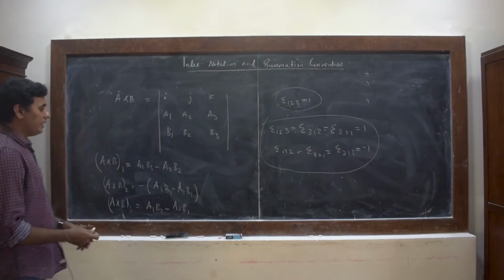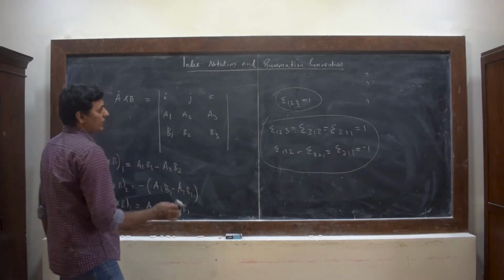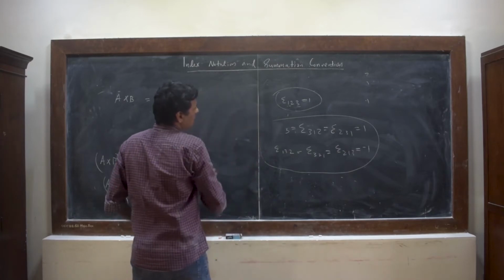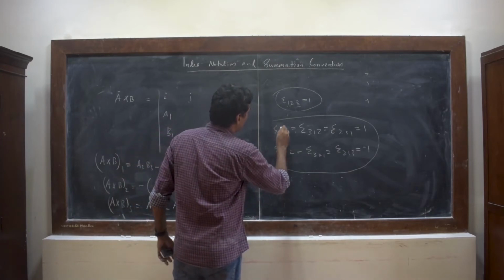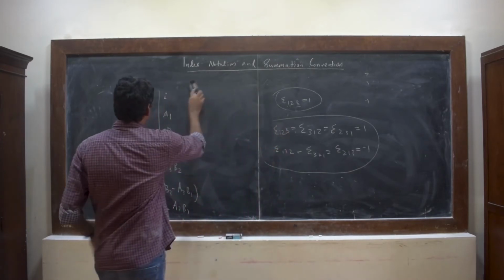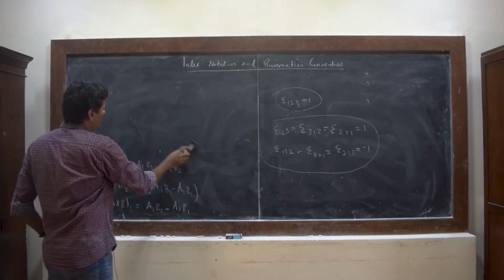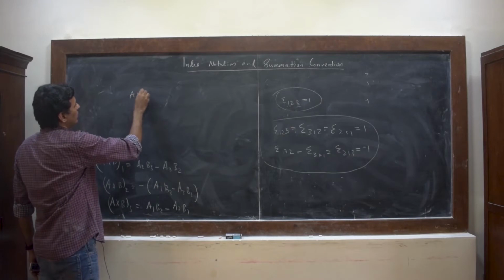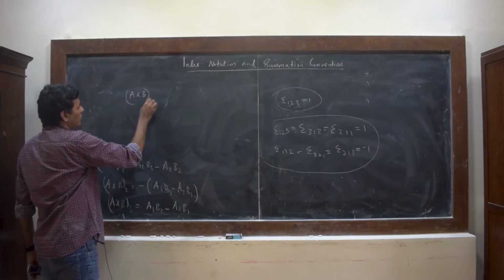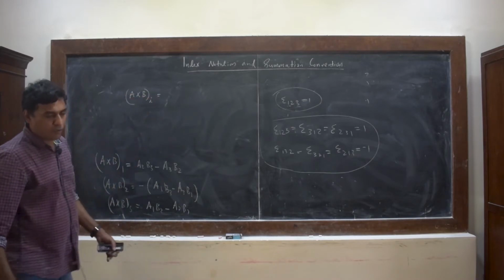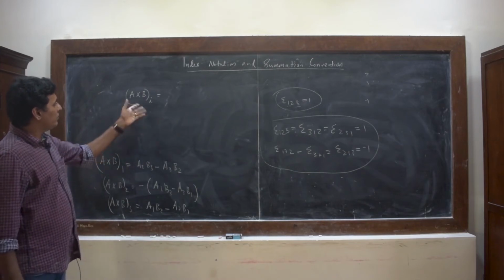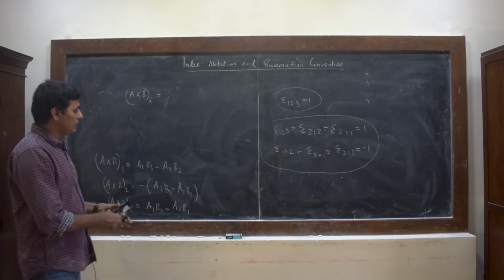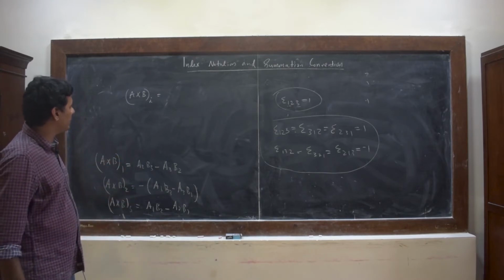All right. Now my claim is the following. I am saying that when i is 1, 2, 3, I can write my A cross B whose ith component. Now what I am going to do is rewrite the cross product of two vectors in terms of the Levi-Civita symbol, and we will see whether we get exactly the same result.